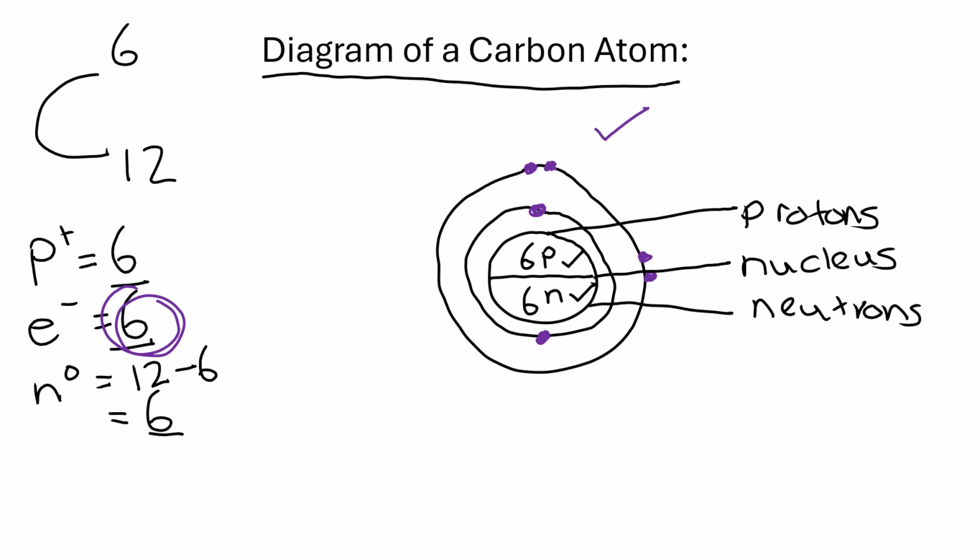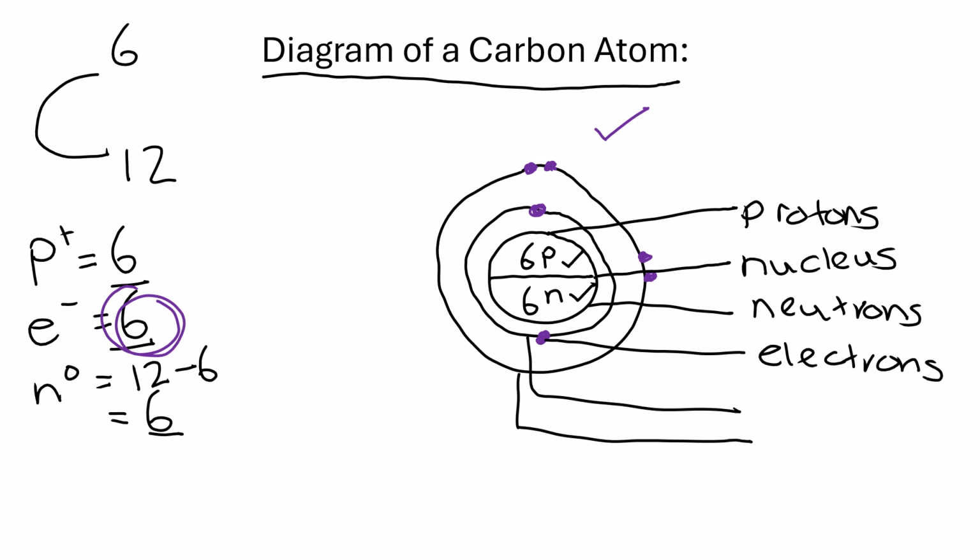Remember, these lines must be done with a ruler. Okay? You need to make sure you're labeling your electrons. And then obviously you can label energy level 1, energy level 2. Please don't label them just 1 and 2. Write energy level. And then maybe they might ask you to identify what is the nucleon, things like that, but that's all your theory part of this.